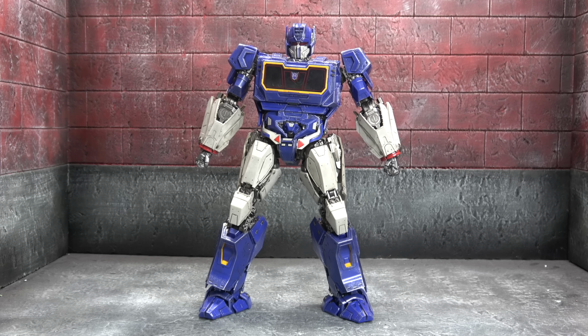Today we are looking at the deluxe Soundwave and Ravage from ThreeZero. This is on loan to me from Robert D. I can tell you right out of the box it felt pretty awesome. Better than their Prime, in fact. Or was it their Bumblebee that I looked at? Or did I look at both? Hard to say, really. Better at whichever one I looked at before. As a result, I am very anxious to take a look at this guy, and he has a transforming component which I'm anxious to take a look at, but in order to do any of that, we gotta start with